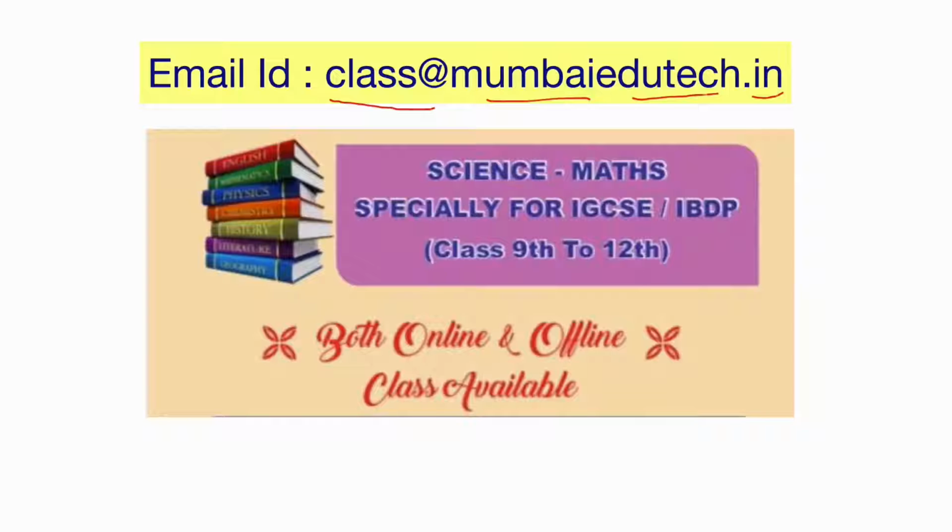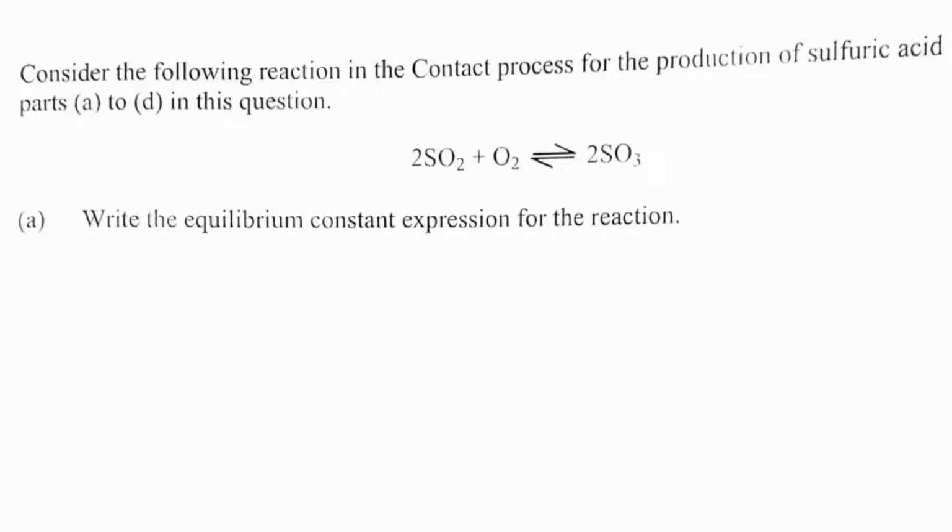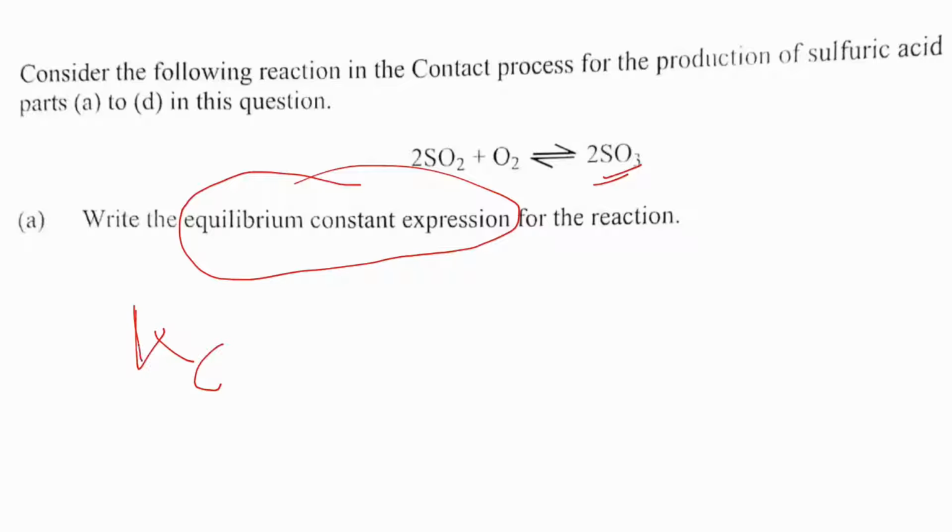Okay, so let's go back to the question. They have given this question, and first they have asked to write the equilibrium constant. So for this, as I have explained in my previous videos also, first you have to write Kc, that is, the equilibrium constant expression is denoted by Kc, equals to,